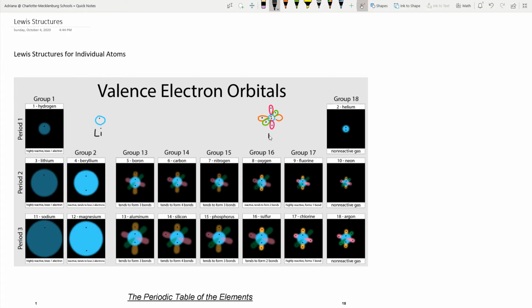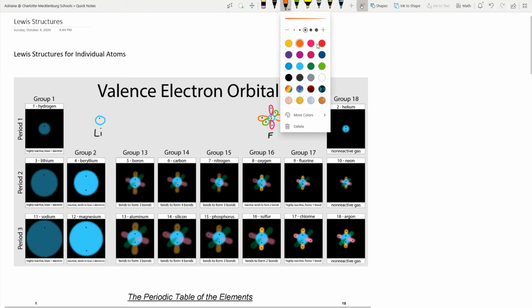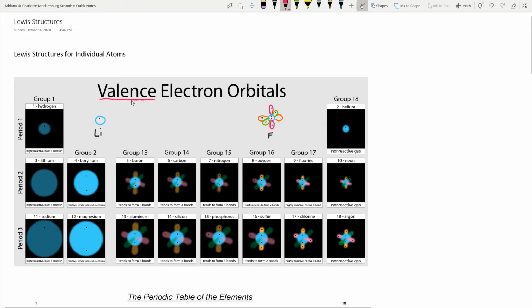Anyway, we've talked about this so many times. I've drawn this so many times, but I bet you are ready to move past this very drawn out process to write what the valence electrons look like in an atom. Now, why did I say valence? Because remember that valence is that word that we use to talk about the outer electrons, right? So the electrons in the outer shell